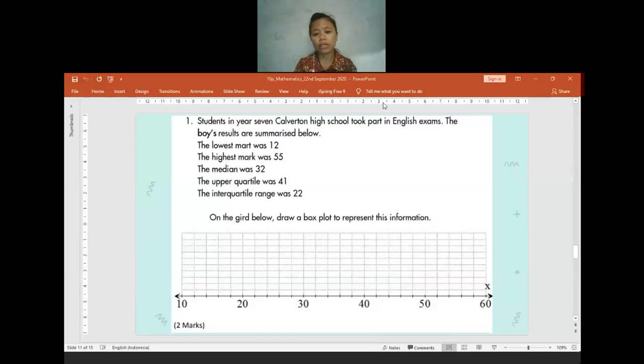When you are drawing a box and whisker plot, you may not have a grid paper at home, but you still have a ruler. So please kindly maintain the distance when you draw the line. Do not only draw a random line and then put a random number. I don't want it. So please measure it properly. When I check it, I want to see a neat box and whisker plot. For a box and whisker plot, you actually don't have to use grid paper, only a ruler and a paper.